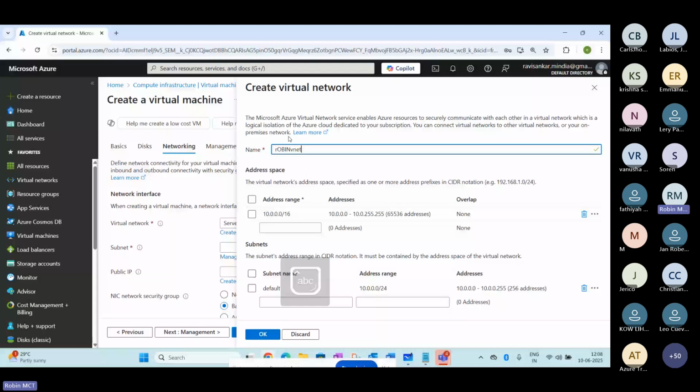And some of the tips or some of the information which I have learned from my experience here: whenever you are trying to use any kind of a VNet, you need to use lower cases, avoid the special characters, and ensure that you are doing proper documentation. Since we are doing a testing here, I'm not just going to align or use whatever pattern we are using. Simply, I'm just creating a prod VNet here.